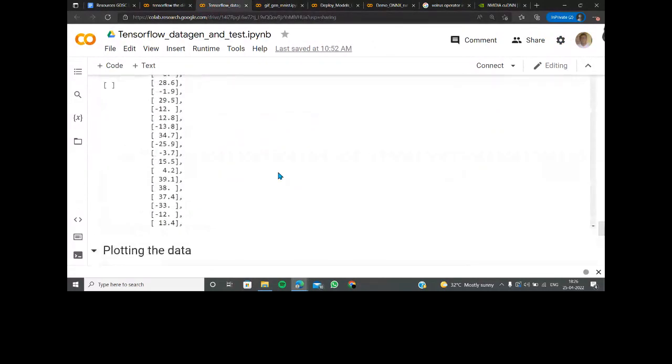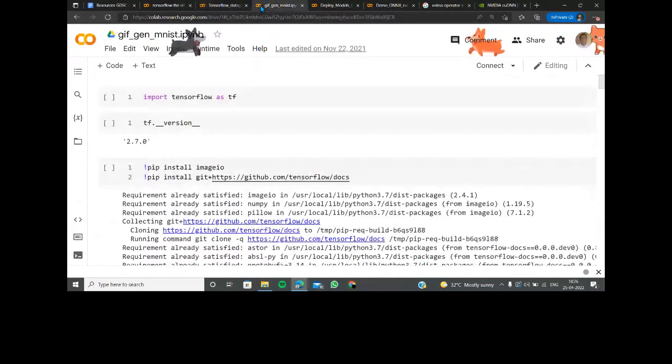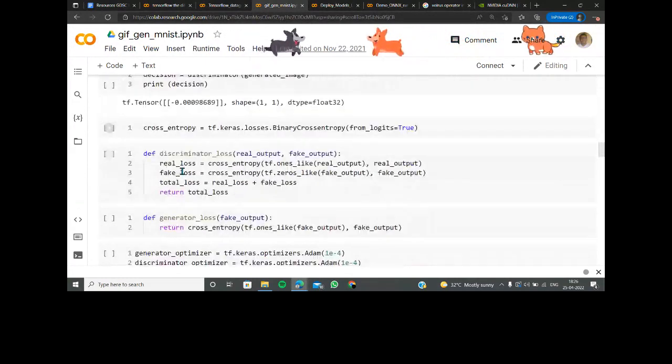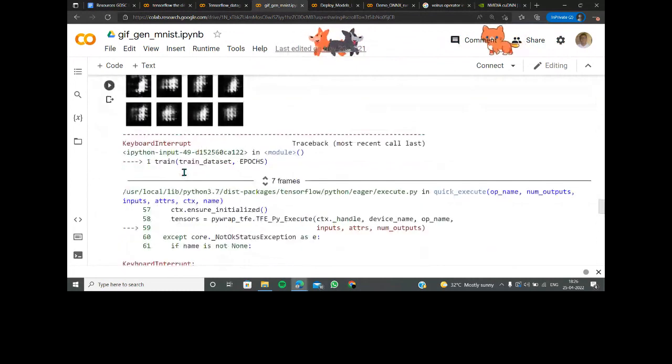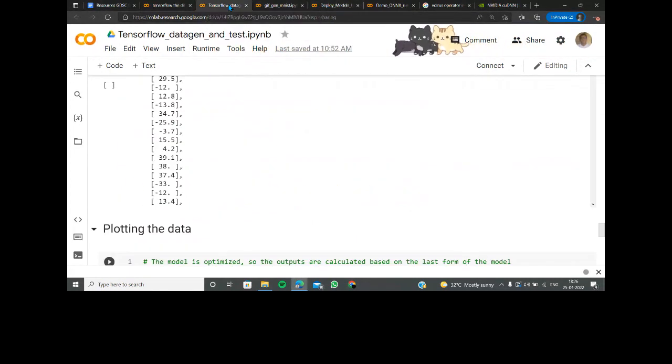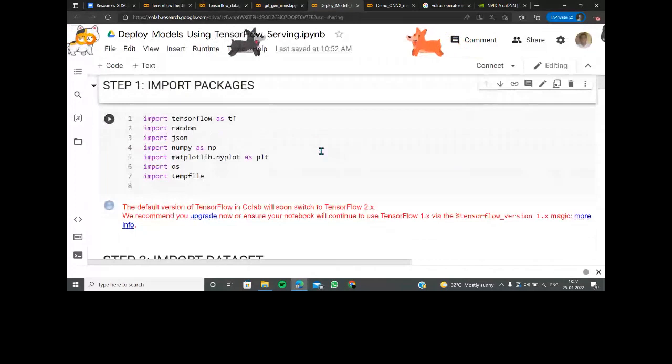So what you're seeing right now is just one bit of it, but there's a plethora of bits of it that are being generated here. So just go through this notebook. If you have any doubts, just reach back to me so we can go out and start learning. And now it's basically about the deploying of the models.